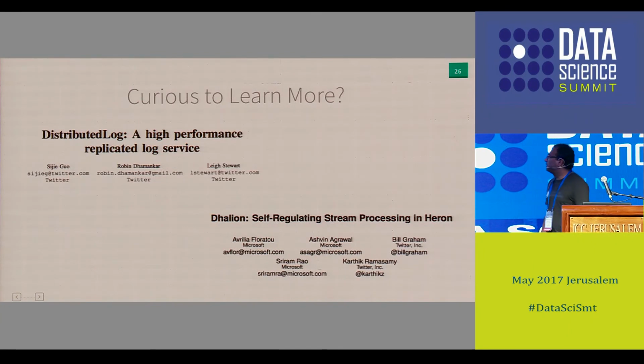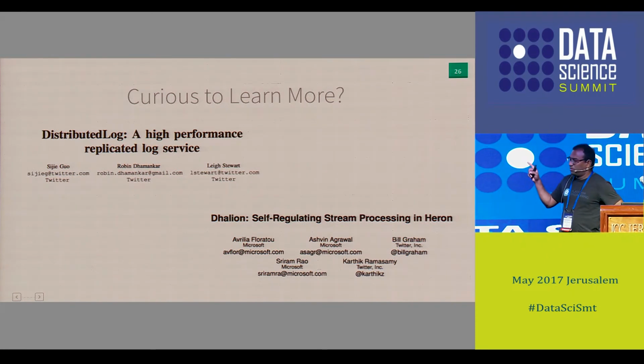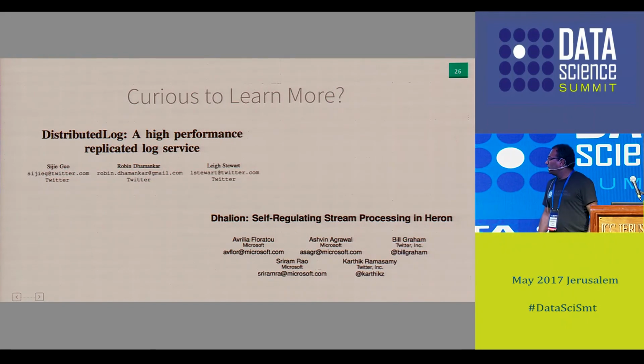Then we have two more papers which we published, called Distributed Log, which is for storing streaming data. Then this is the last paper that is going to come up in the next VLDB, which is in October. That is taking streaming to the next level, where you don't have to deal with tuning and all the manual aspects. Once you just launch the topology, you're done. It will automatically adjust itself, whether throughput or latency sensitive or anything, whatever you want to do. You don't have to do anything. So it is taking streaming to the next level.